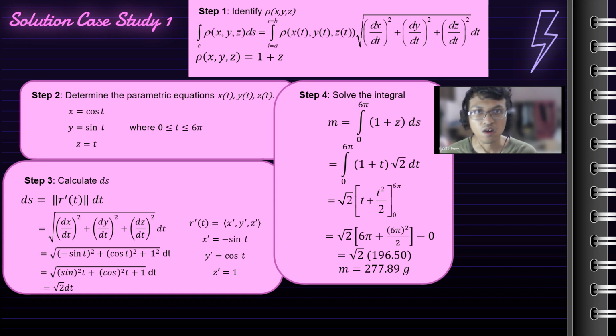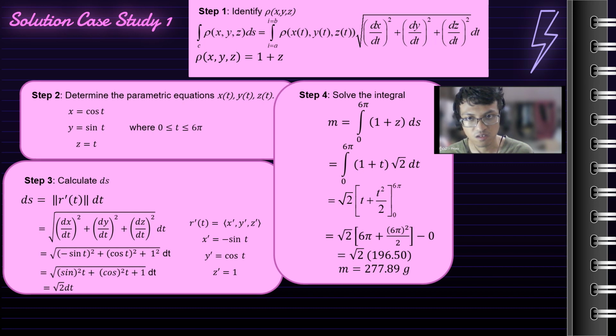After that we get x, y, and z as cos t, sin t, and t, where t goes from 0 to 6 pi. This is where we get to step 3, calculating ds, for which we had to find the magnitude of r prime of t,